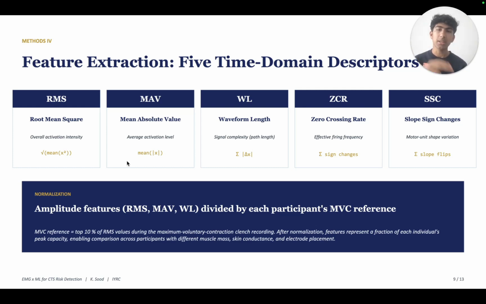Root mean squared and mean absolute value were the most important features, as they measured overall activation intensity and average activation level, which give a holistic picture of how the muscle was performing during that typing period. Next, each feature was divided by the maximum voluntary clench reference to normalize the data. Because of the normalization, features represented a fraction of each individual's muscle peak capacity, enabling comparison across different types of